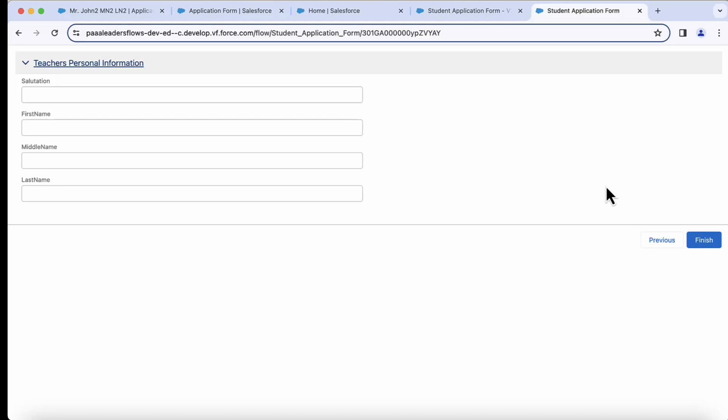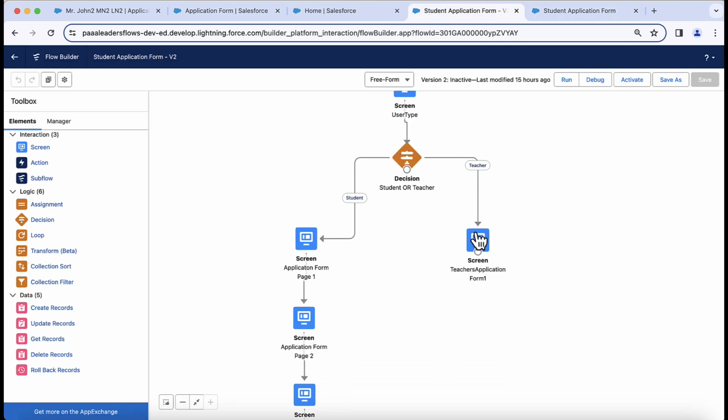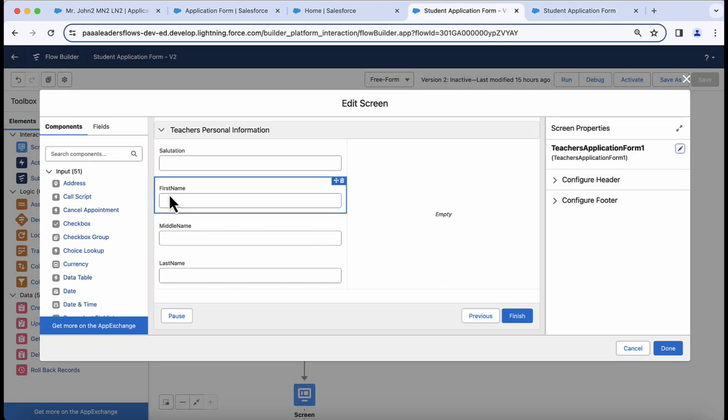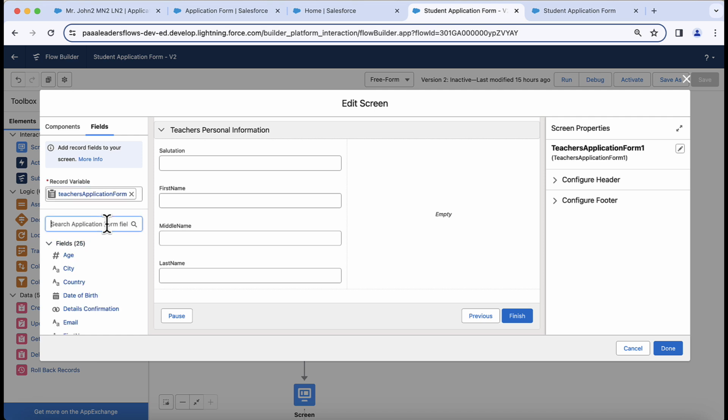So this is our teacher's application form, right? We will try to make it as similar as possible with the student application form. So let us go back to our flow and to teacher's application form one screen, and there we will add some other fields. For example, we can add, so we will select the same record variable and then we will